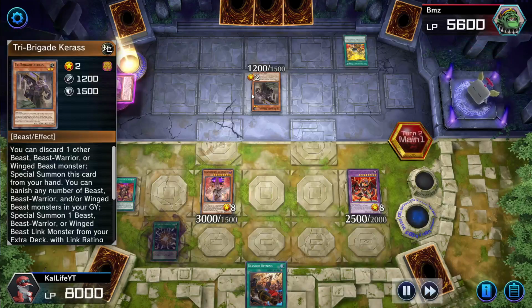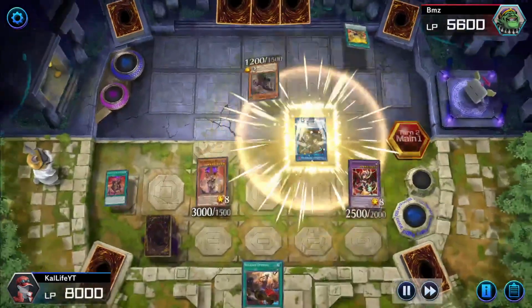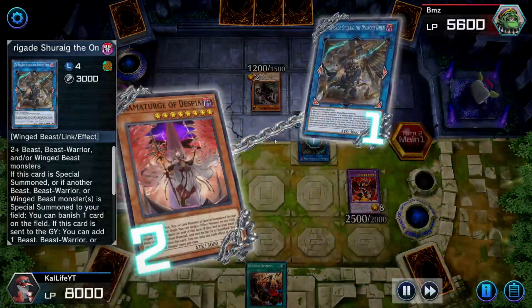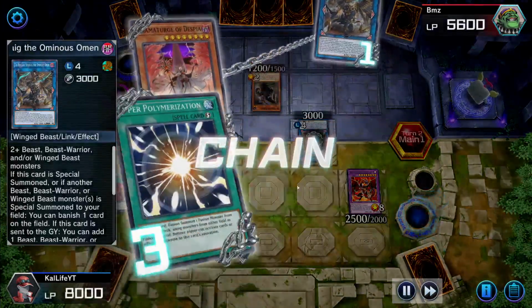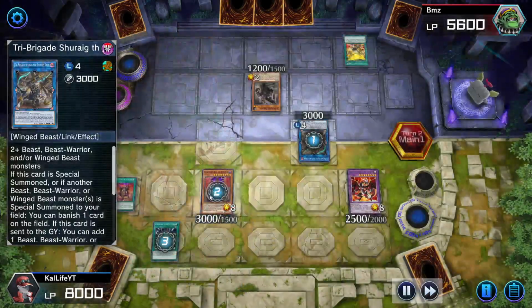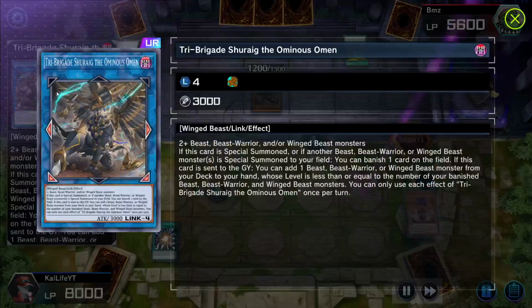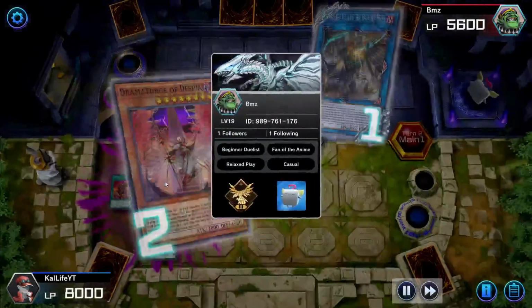Now, to be honest, I feel like he really messed up here, because he ends up summoning out Tri-Brigade Shurag, and if he's seen that we were playing Despias, he should have known we had a Super Poly somewhere laying face down, right? So now we're just able to get rid of the Ominous Onin,